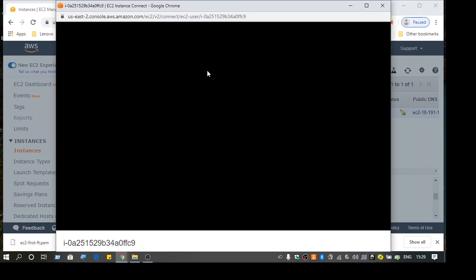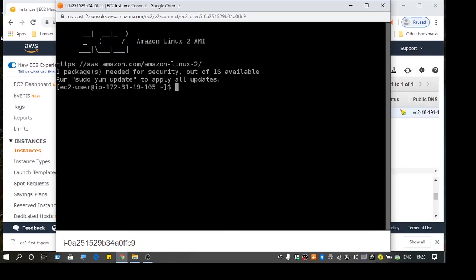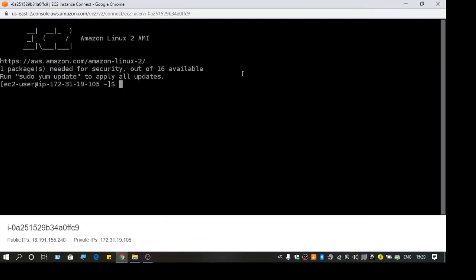So yeah, you can see it is connected. I have a public IP and a private IP. So the public IP is what I am going to use to connect to my web application, or if I am going to use Route 53 for domain name mapping, this is the IP I am going to give.